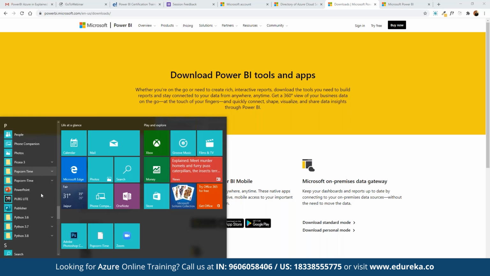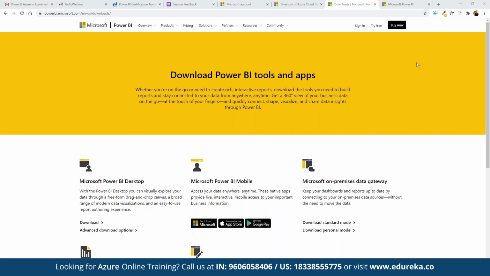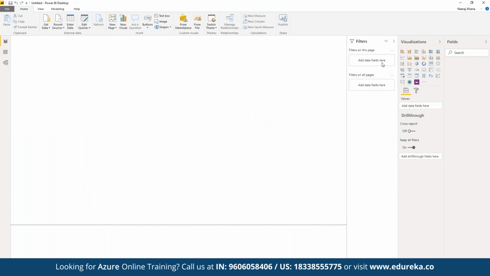So here we can refer to Power BI. Now, Power BI is one of the easiest platforms to get started with. Once we have this downloaded and opened up, we can see this dashboard open in front of us. To get started, this is the entire canvas that we have to work on. Here we can work on the entire data set, and here we have different worksheets, as in we can create multiple worksheets. We can get started here.